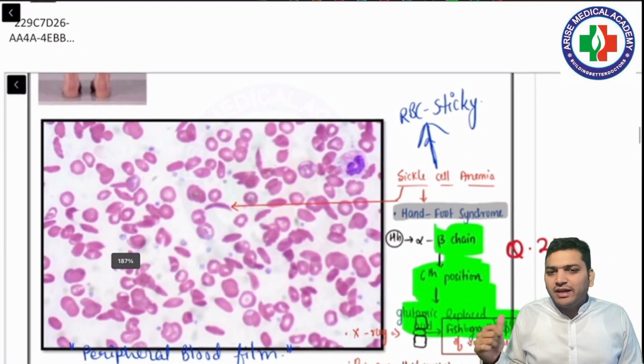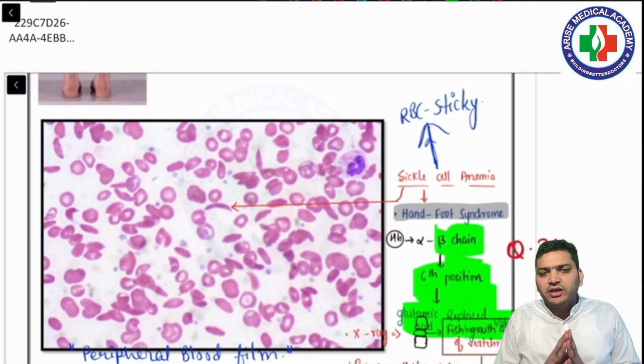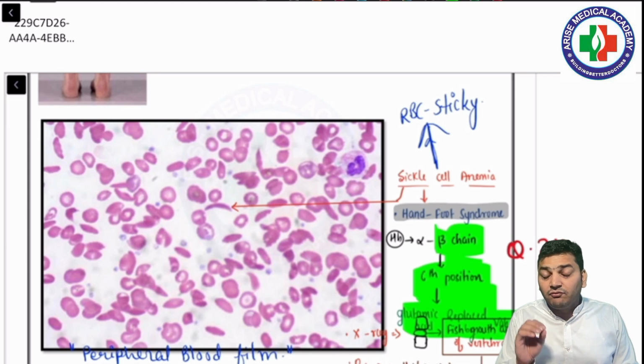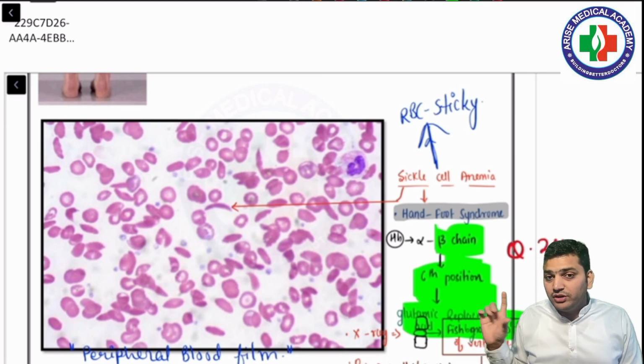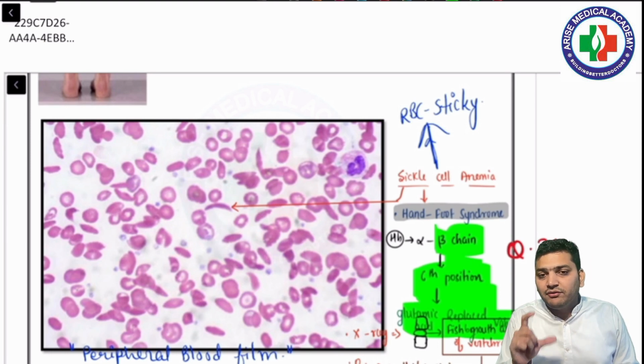These are the screenshots that I am showing to you. These are the screenshots of the quick revision session that we had for 3 days, and from these 3 days till now I have got 75 direct questions. I am just showing you the screenshots of the students' notes, and there were 75 plus direct questions till now that I have received from this QRS, which we had at Rise Medical Academy for 3 days.